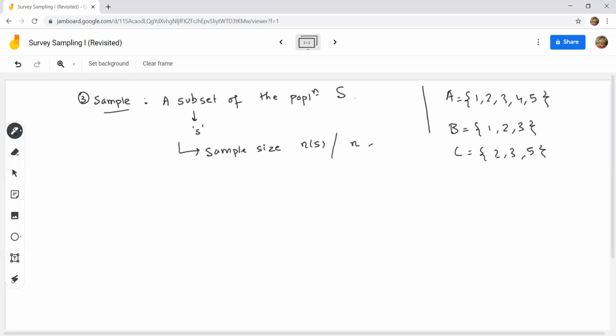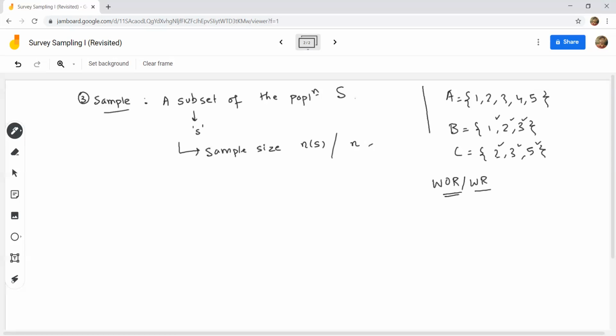But notice one fact: in the subset, all the elements must be distinct, because that is the property of a set, that all the elements must be distinct within the set. But in survey sampling, this might not happen every time. So we will learn about some schemes like WOR or WR sampling, with replacement or without replacement sampling,